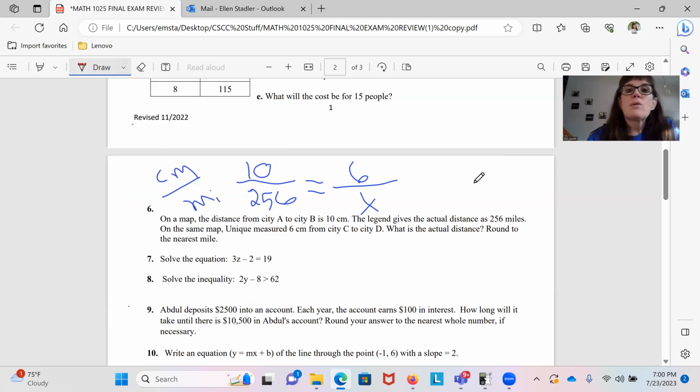Then we solve these by cross multiplying. I am going to cross multiply. We call these butterfly wings because when you set them up, they look like butterflies' wings. And I get 10x